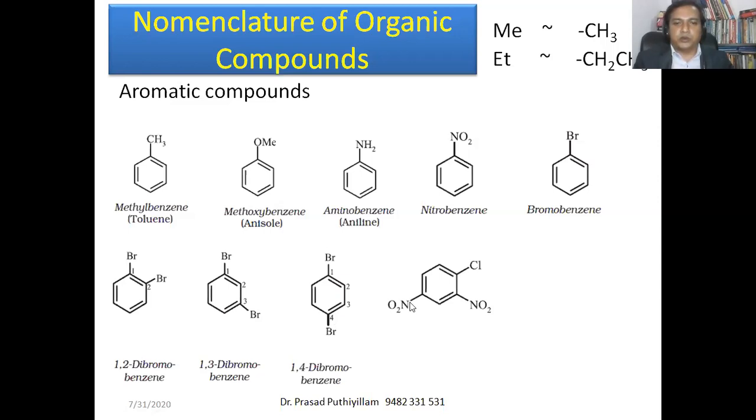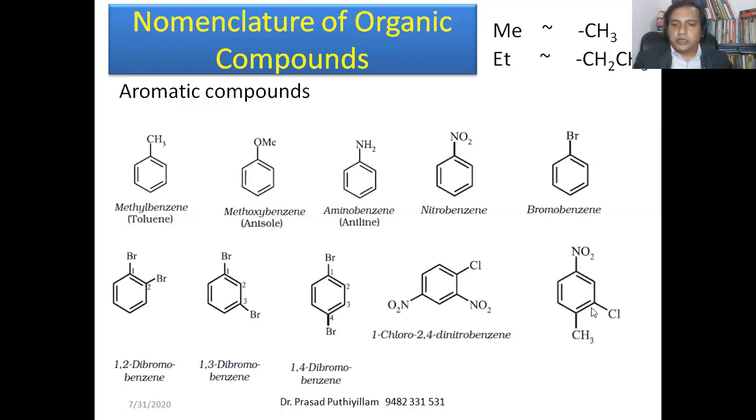Nitro group, 2 nitro groups are also there. So here the highest preference, we have to give preference to NO2 groups, that is nitro. Therefore again the chlorine is attached to the NO2 and it is near to that. Therefore while counting you cannot count 1, 2, 3 like that. We have to count as 1, 2, 3. Therefore it is 1-chloro 2,4-dinitrobenzene. It's 1-chloro 2,4-dinitrobenzene.